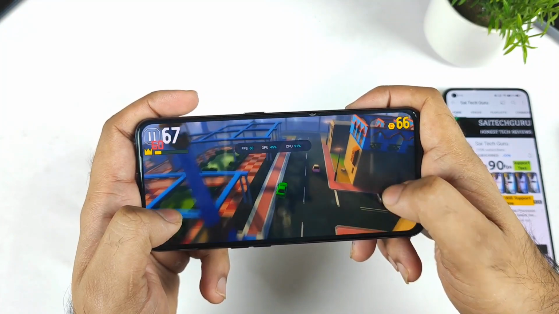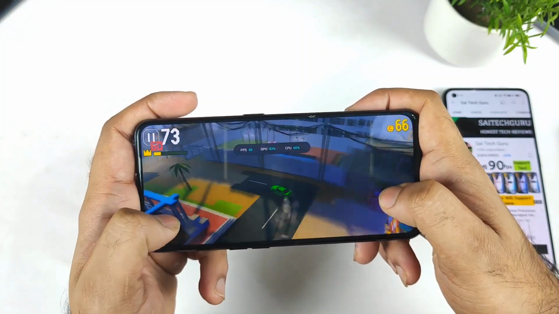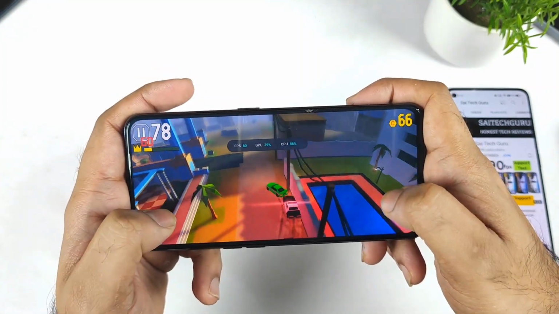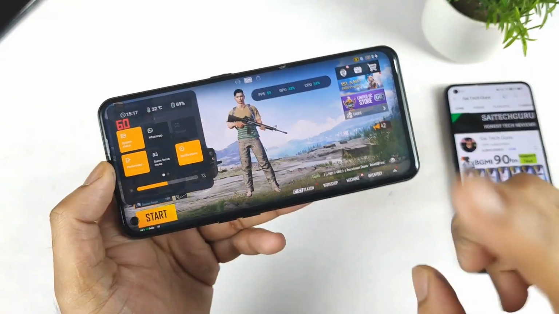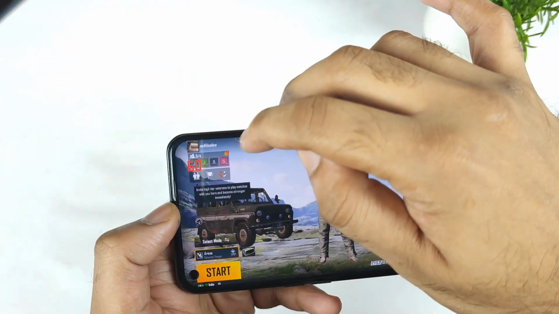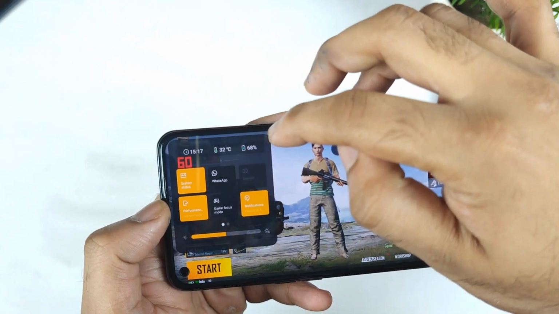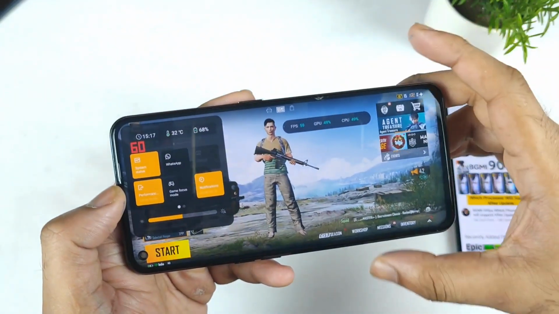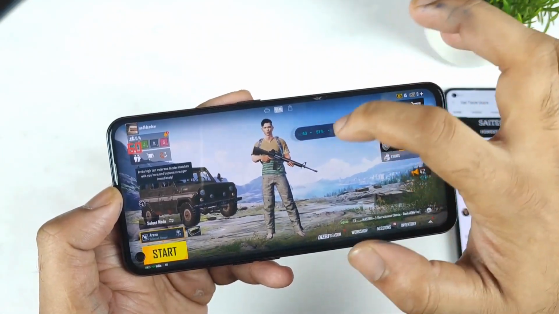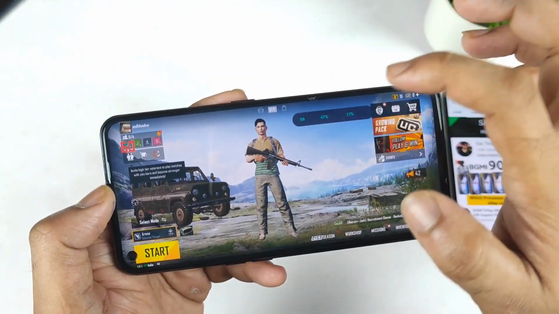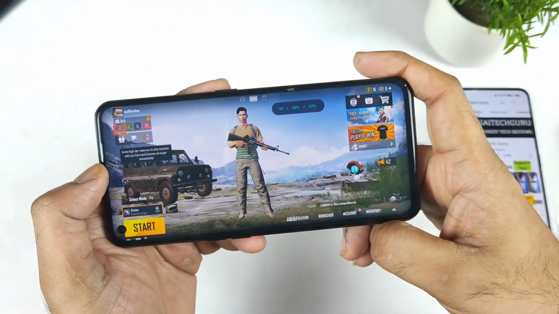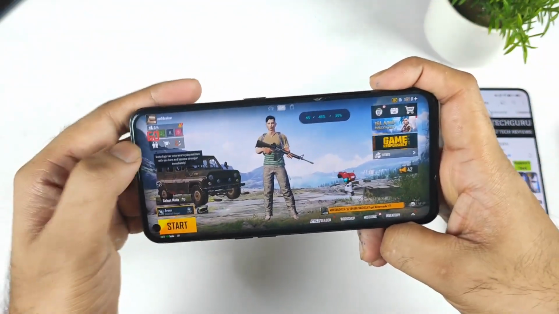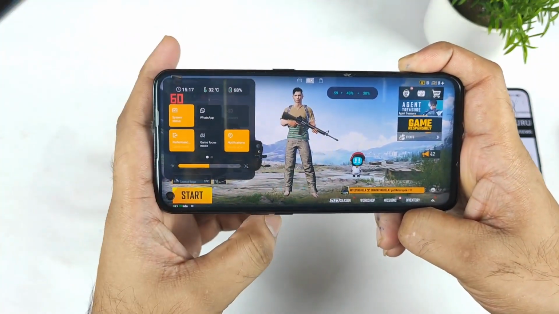And that's it, friends. Thank you for watching. These are the complete details about the tips and tricks and all the features about Game Space in the Realme UI 3.0. And one more quick note I forgot to mention about the temperatures. You can see them here, and the time, and you can see the battery percentage as well. And this FPS meter you can minimize as well. As you can see, before it was too big and right now you can minimize it with just a single tap. That's also a pretty useful thing. I'm just letting you know regarding these tips and tricks as well.